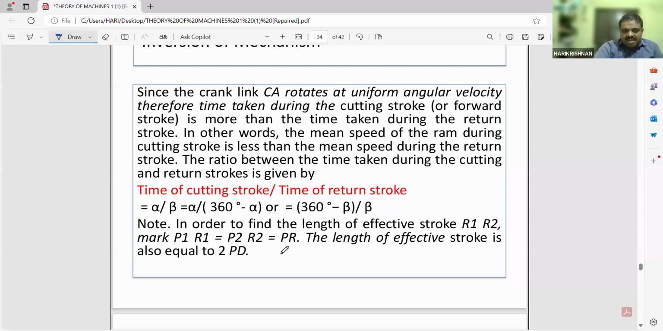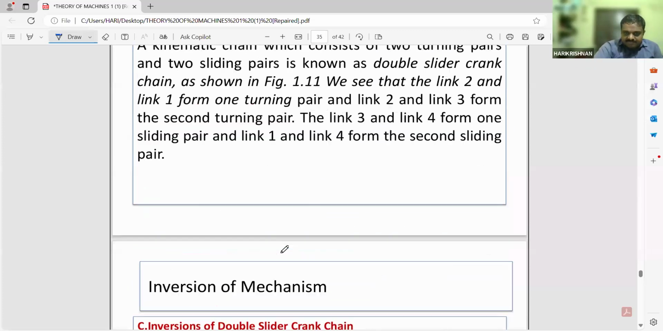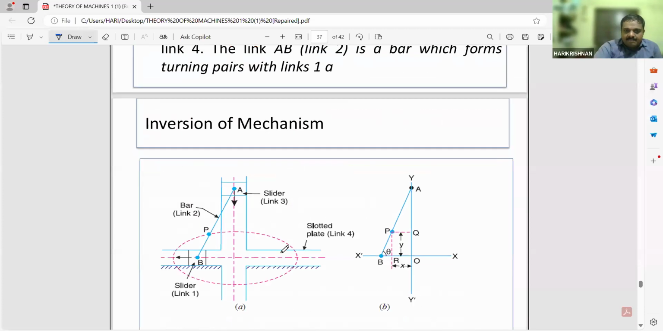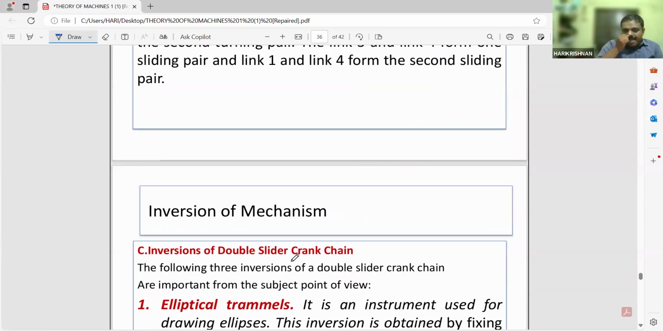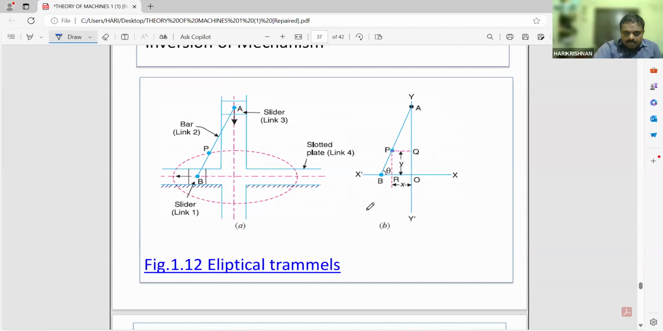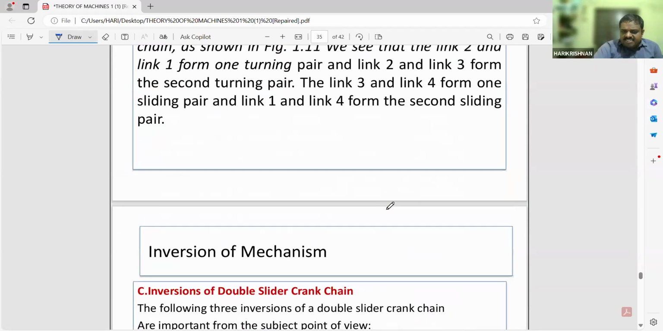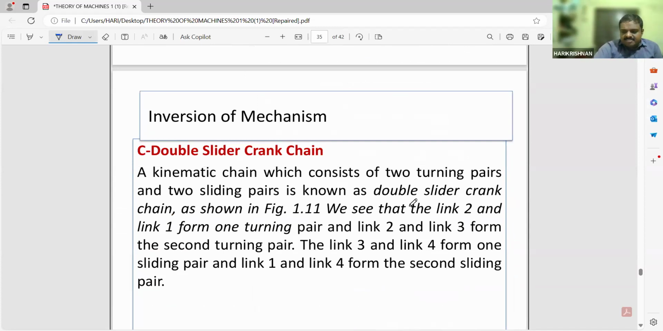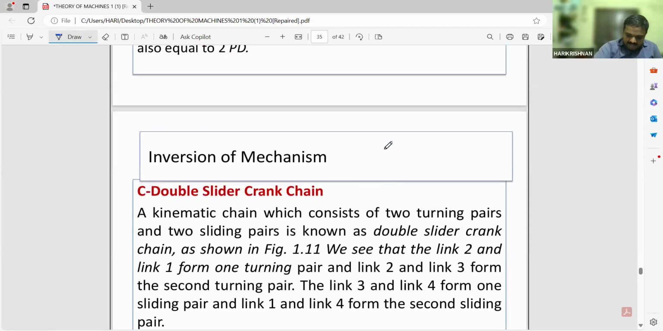Now there is one more inversion you have to study. This is the double slider crank mechanism. When you talk about the double slider crank mechanism, there will be two turning pairs and two sliding pairs. That type of mechanism is known as a double slider crank mechanism. So, for example, if I draw a figure of the double slider crank mechanism over here,